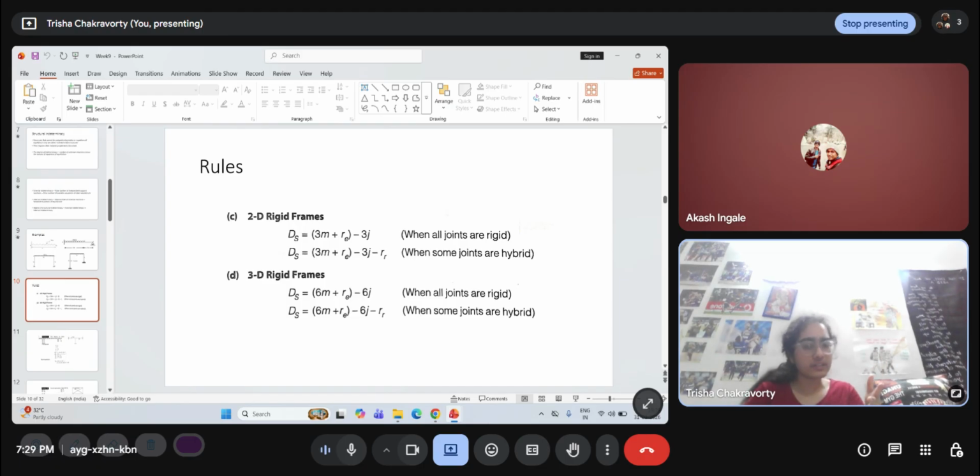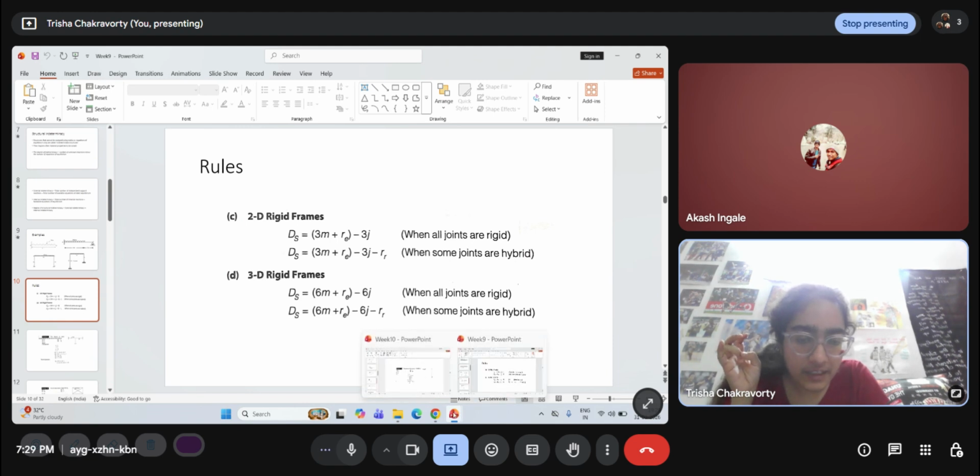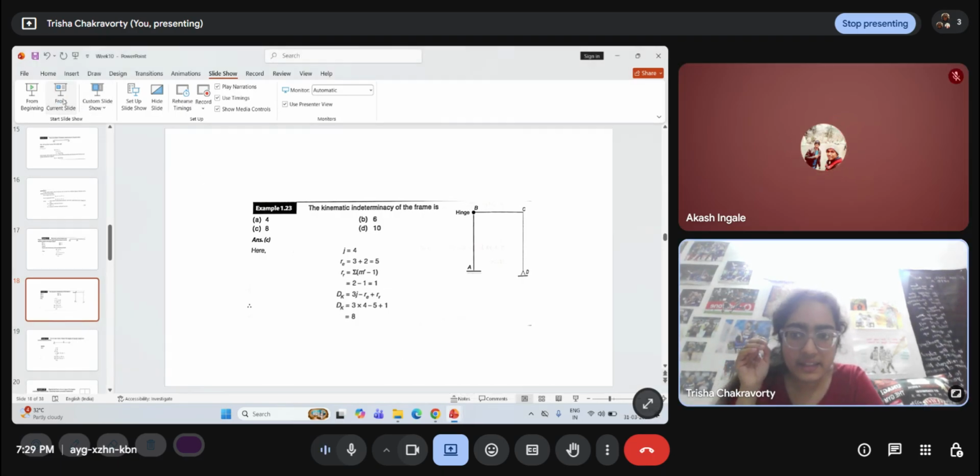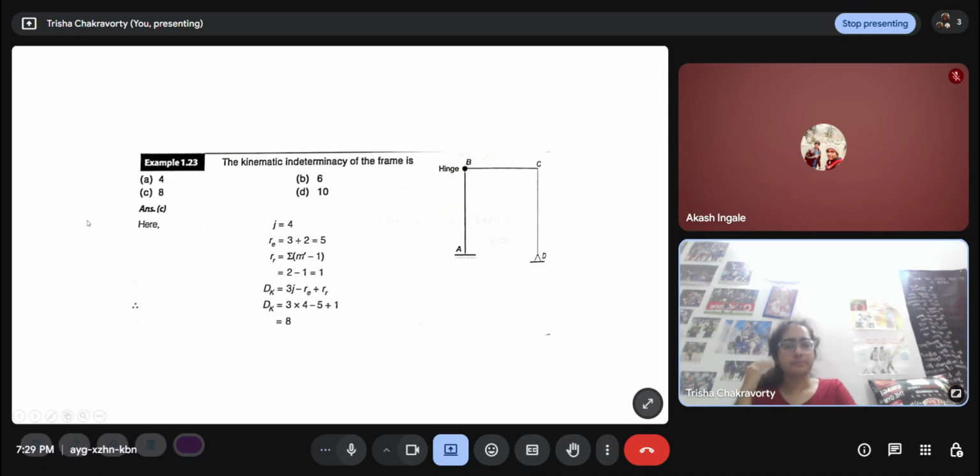There is no forced restraint, so there is complete displacement freedom. It can go in the x direction, it can move in the y direction, it can rotate. So you see there is a duality here. That's why in the formula when I'm subtracting the RR here, we are adding the RR here. It's basically an additional term.